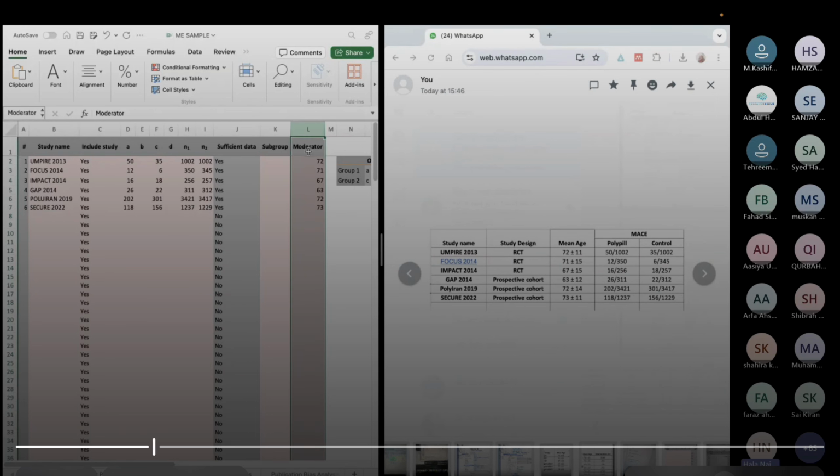Moderator is simply the baseline variable जिसका आप effect देख रहे हैं on the outcome. The whole reason why we are doing a meta regression. So in our case, the moderator is the age. ठीक है, मैं देखना चाह रही हूँ कि mean age का कोई फर्क पड़ता है या नहीं, or does mean age have any effect on the outcome or not. ठीक है, so I will add the mean age values in this for every study that you can see that are provided and that you can see on the screenshot that I've opened on the right hand